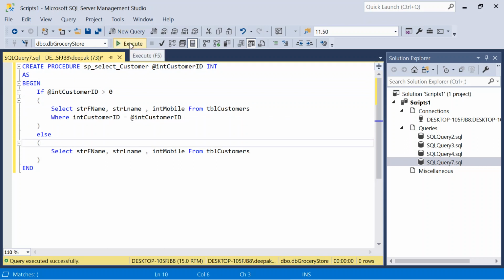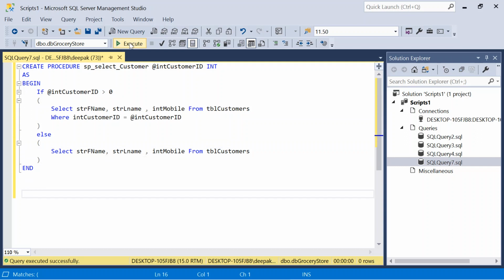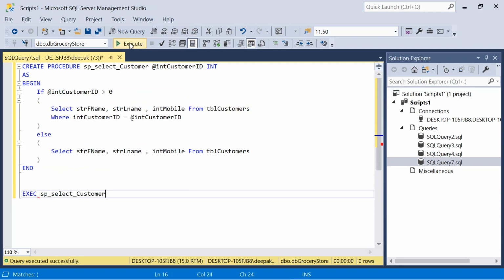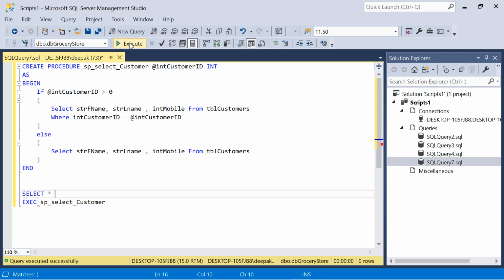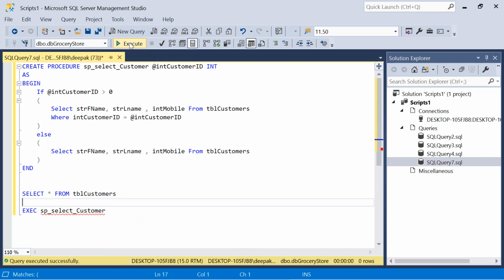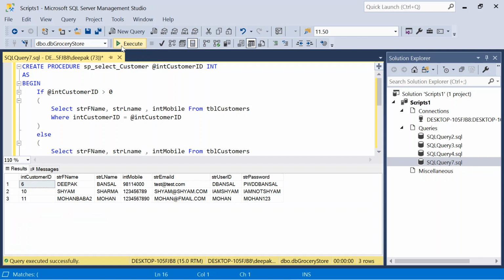Let's execute this. So now this store procedure has been created in the database. We will call this store procedure. Let's check the table, which customer ID we have. We have 6, 10, and 11.